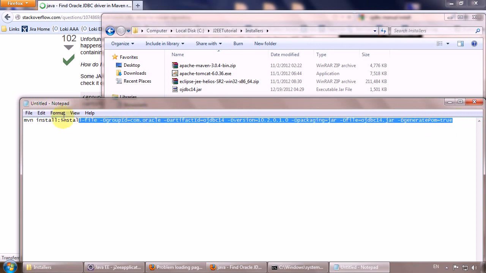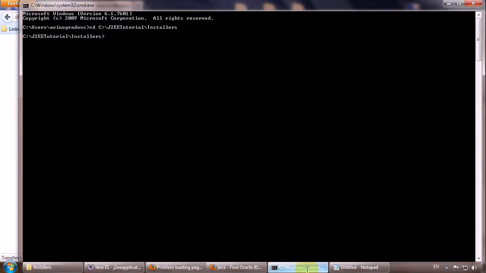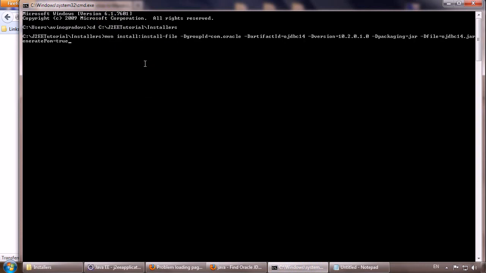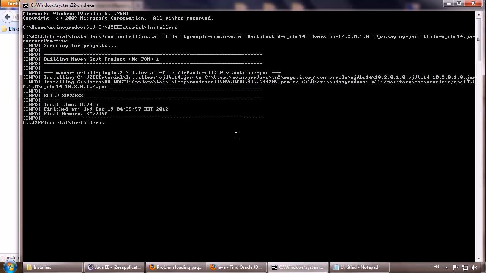Let's copy all this long command to our command line, paste, and try to execute it here. And let's see what happens. Hit enter, and success. You see that our long command was executed successfully, and the library was installed in our local Maven